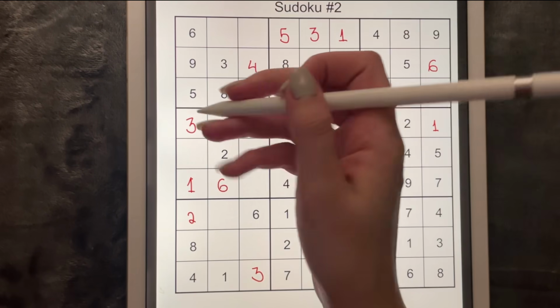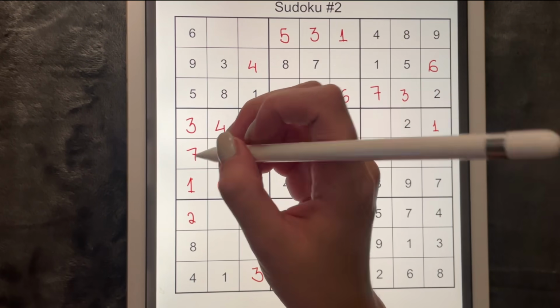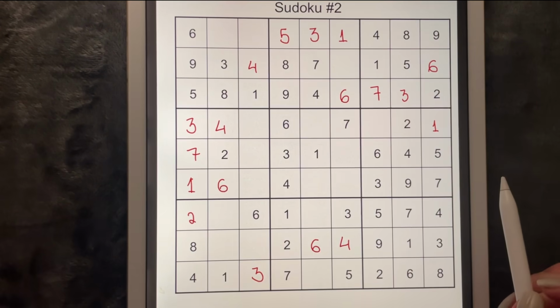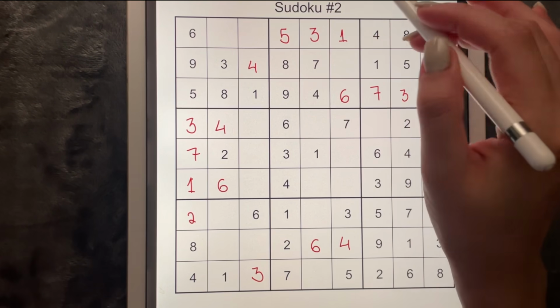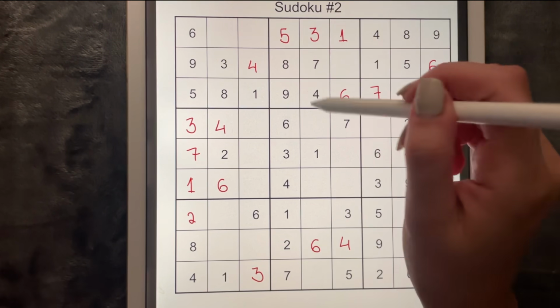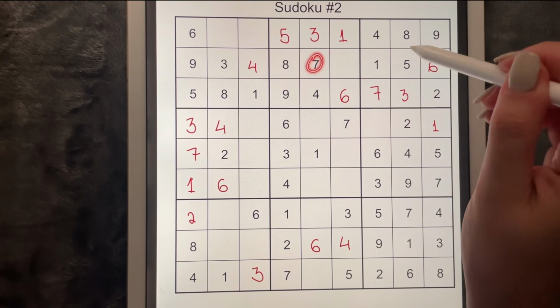So we need a 7 over here. And then let's see how many 7s we have. 1,